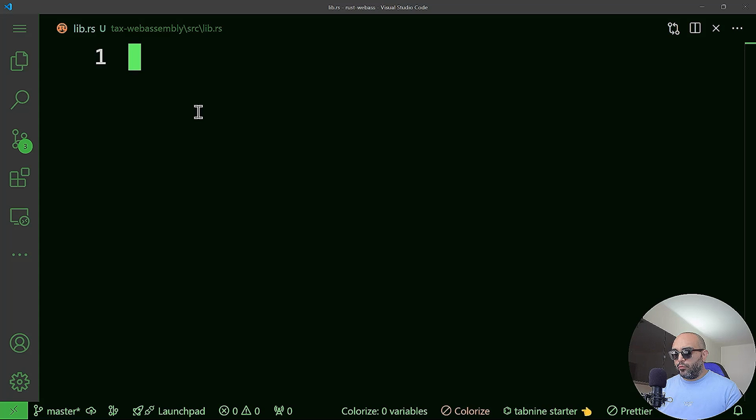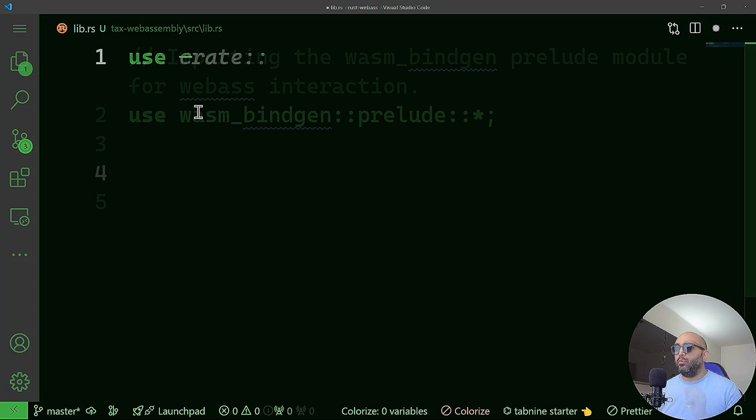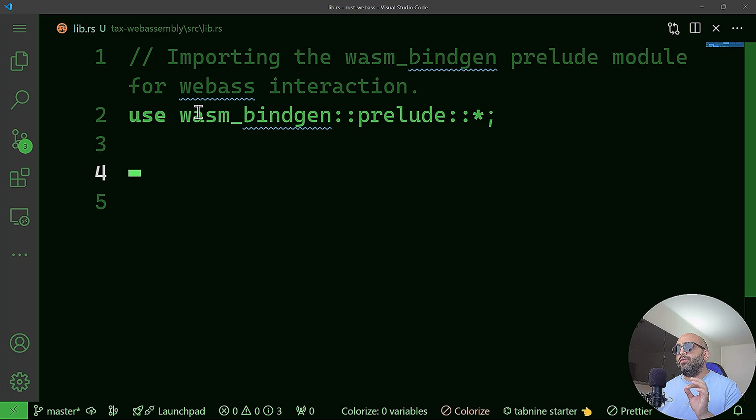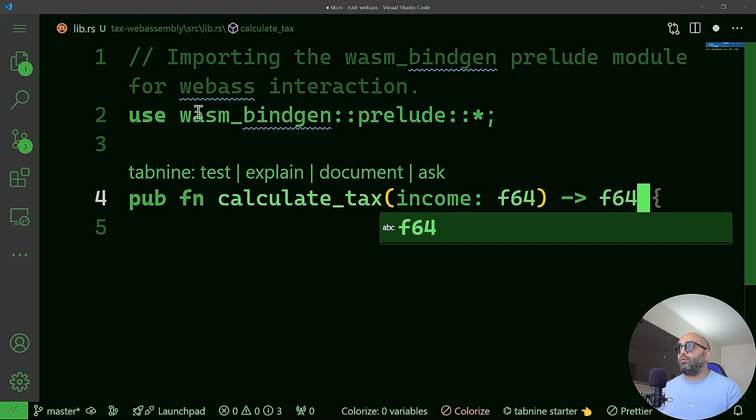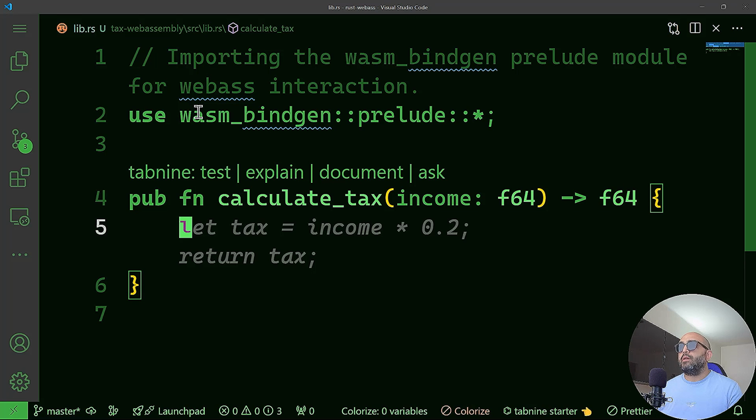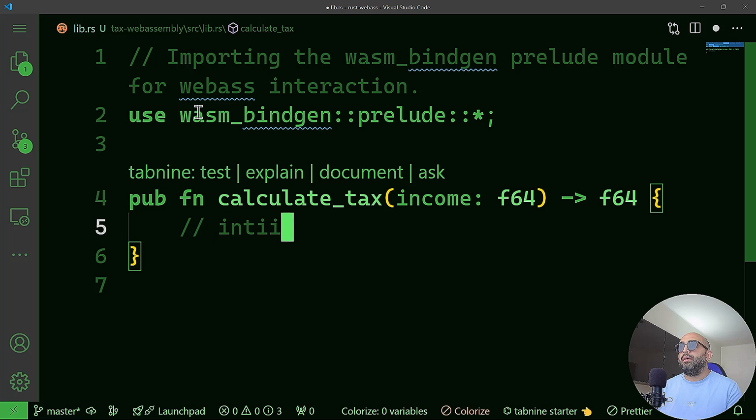So first of all, I want to import the wasm-bindgen prelude. Next, I want an annotation to indicate that the function that's going to do the calculation of the tax is accessible from JavaScript. So I need to make sure that this is a public function, and I'm going to call it calculate_tax, and it will of course accept income as an input of floating 64 data type, and return a floating 64 data type as well. Open curly brace, and I want to initialize